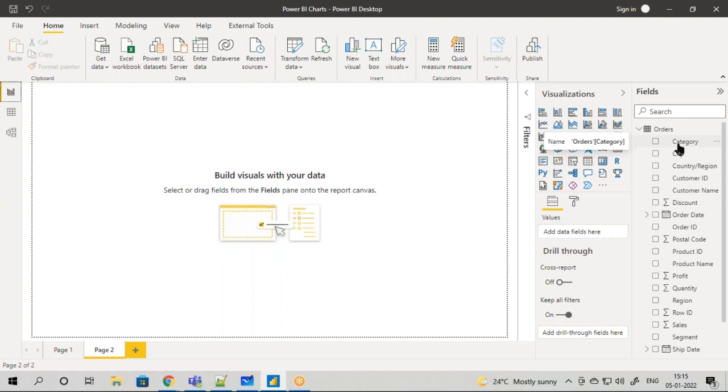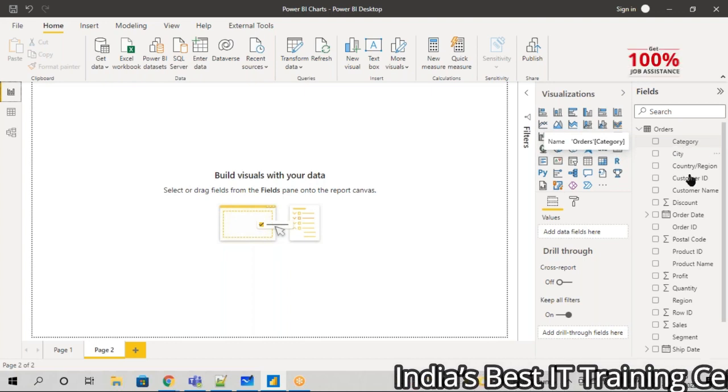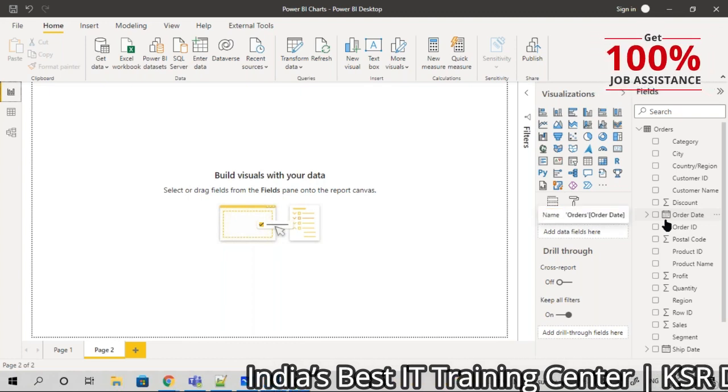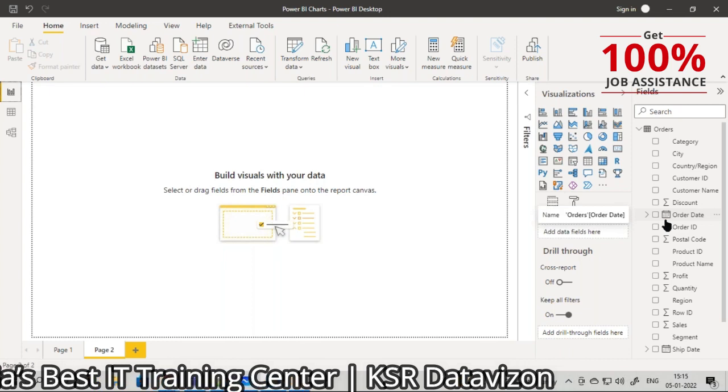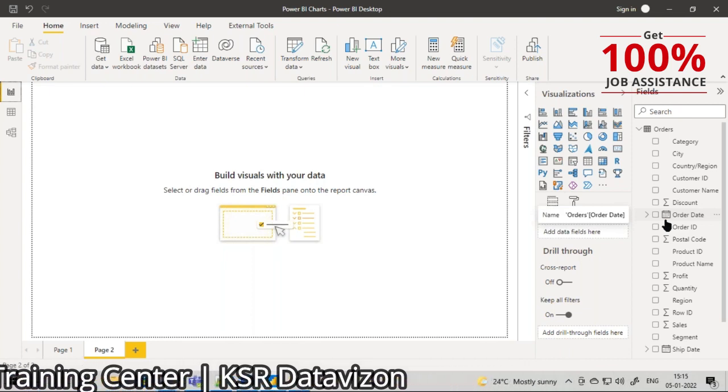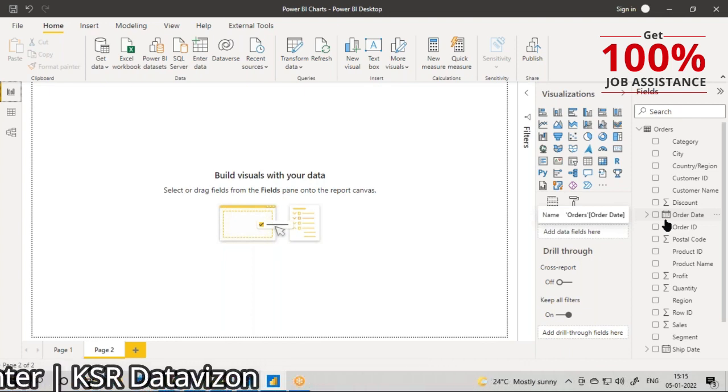A categorical variable will have a set of words or characters. Now, you can see a calendar symbol. That calendar symbol states that it is a date data type. So these are the three things you have to know as of now.